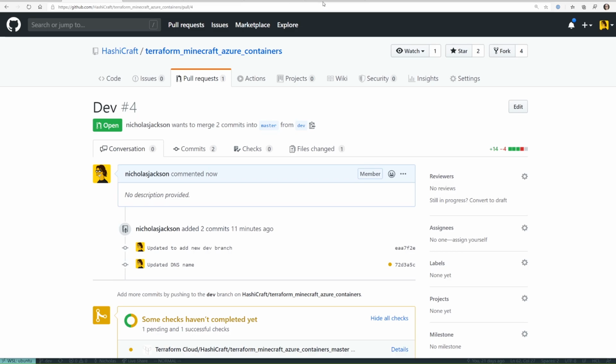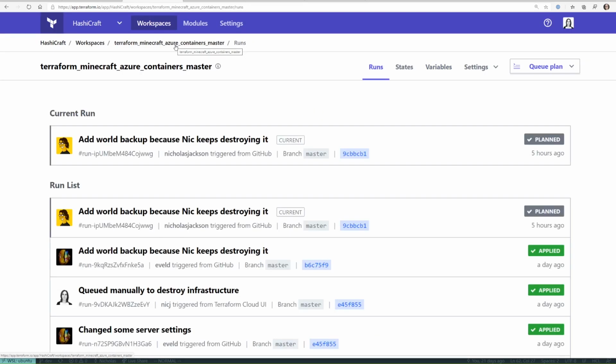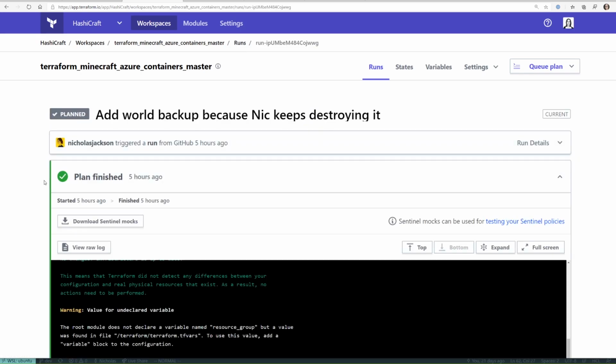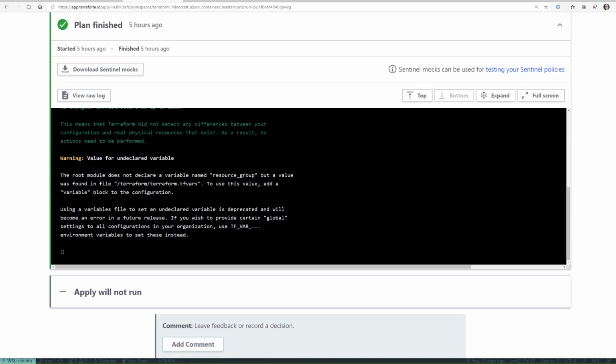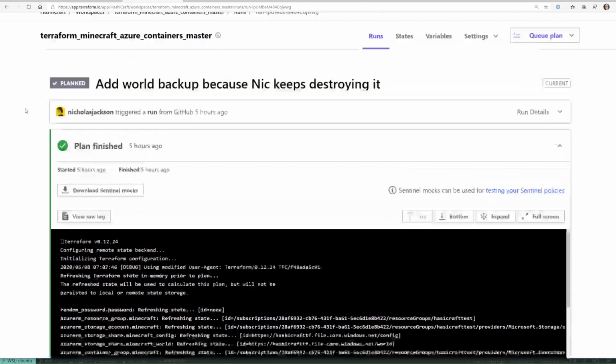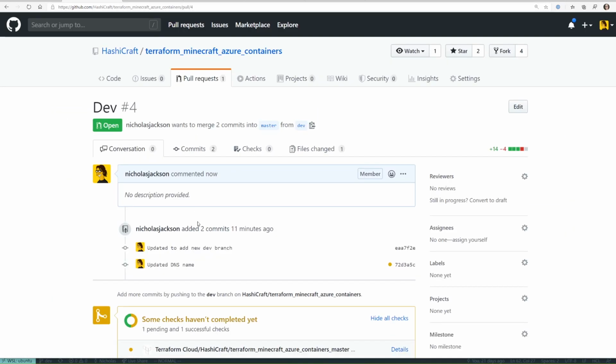Terraform is going to automatically do a plan for us because we created that PR. Oh, this is not the right one. Has that kicked off? Let me just click the button in here.